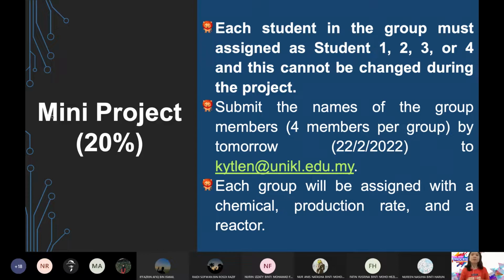Reaction and CPP are actually twins. That's why they are 4 credits. I also taught CPP before, so I really understand the correlation between CPP and reaction. So don't worry about this.